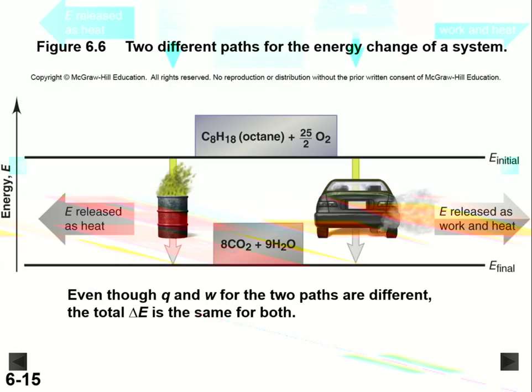Here's an example of how this might be done. So we can think of C8H18. We learned the name for that compound in our earlier chapter on chemical naming. That is octane. So octane is one of the primary components in gasoline, and octane can undergo combustion. So we see another energy level diagram here. The green box is octane plus oxygen, our initial state. This can undergo combustion, so we can burn octane to produce carbon dioxide and water. So the brown box at the bottom is the final state.